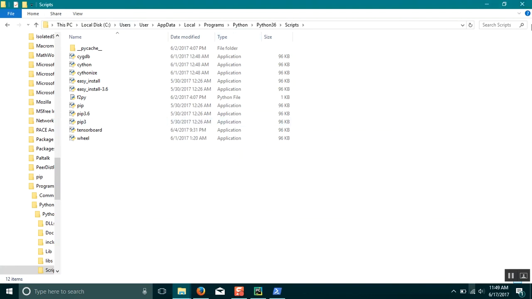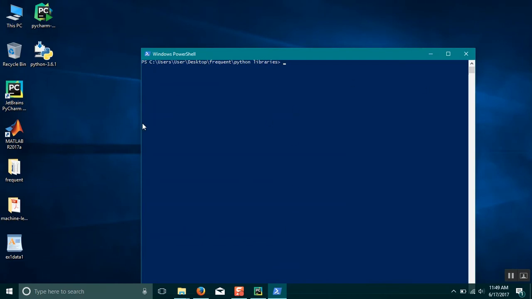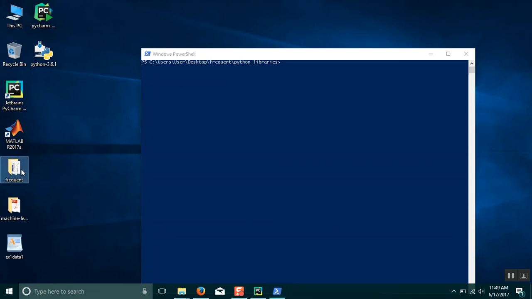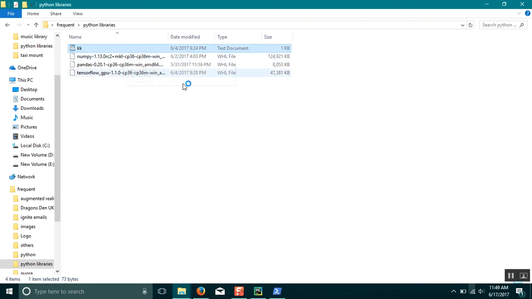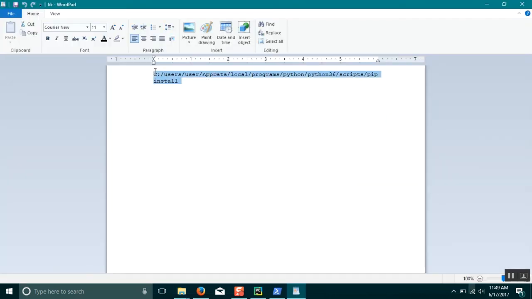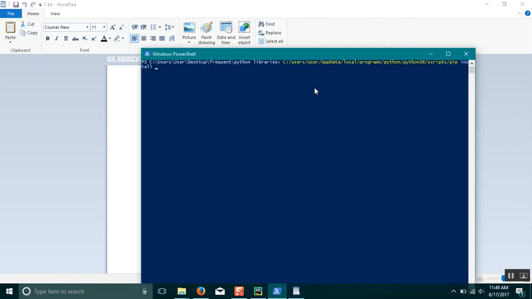So what you have to do is just copy this path and give this path to your NumPy folder. I have already copied this path to help me out. So I will just copy this. So this is showing the path where my Python is installed, and after Scripts I have written pip install,